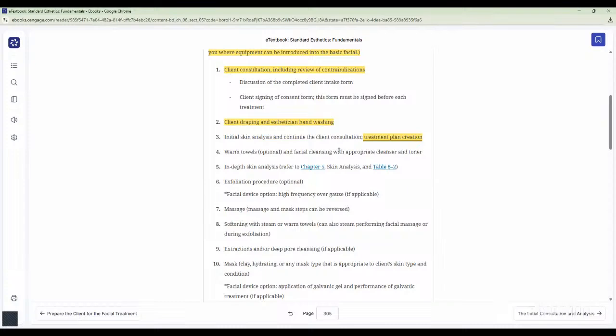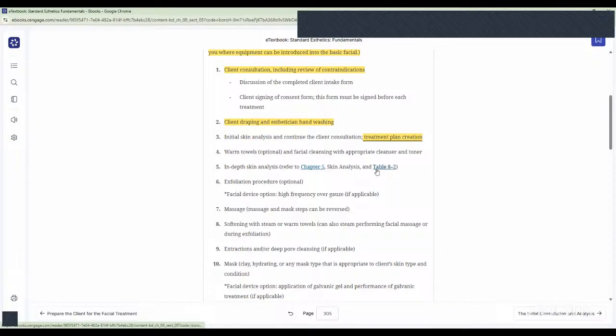So that's warm towels, and use that for cleansing with appropriate cleanser and toner. You also can use cleansing cloths and things of that nature if you didn't want to use up your towels. In-depth skin analysis, we did discuss on 8.2, things to look for in the skin analysis, and we checked that out in chapter 5. The exfoliation procedure is optional,